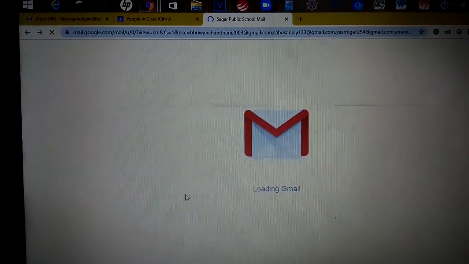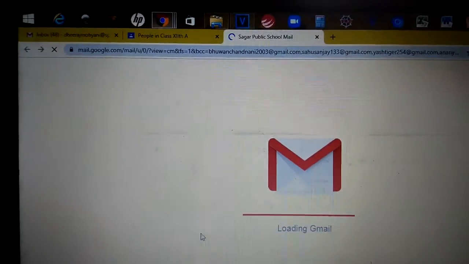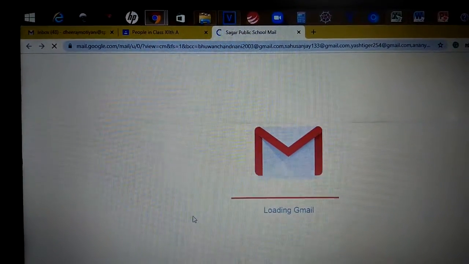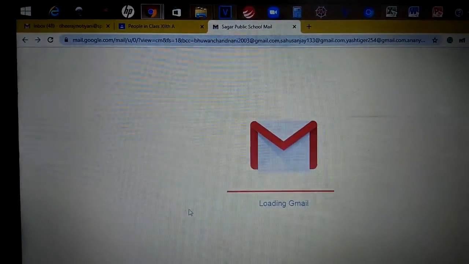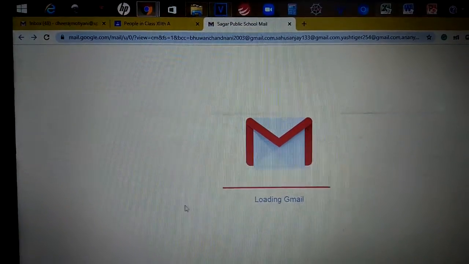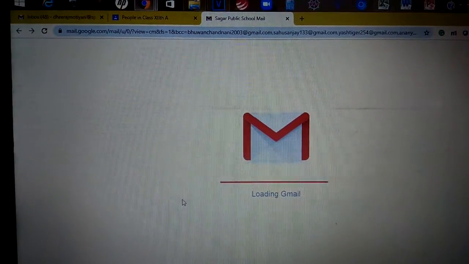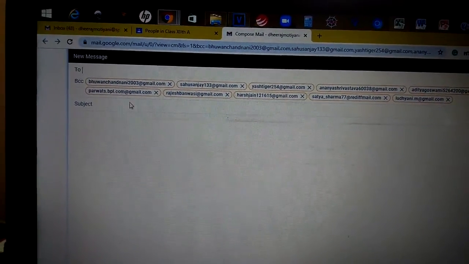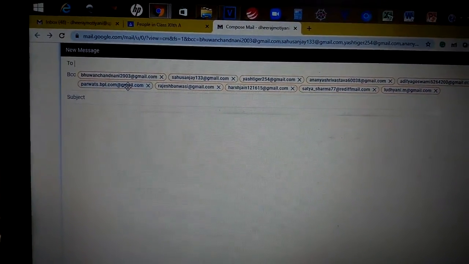Just click on email and you'll be taken to a new window, your email window. See, automatically all these students came in this section.